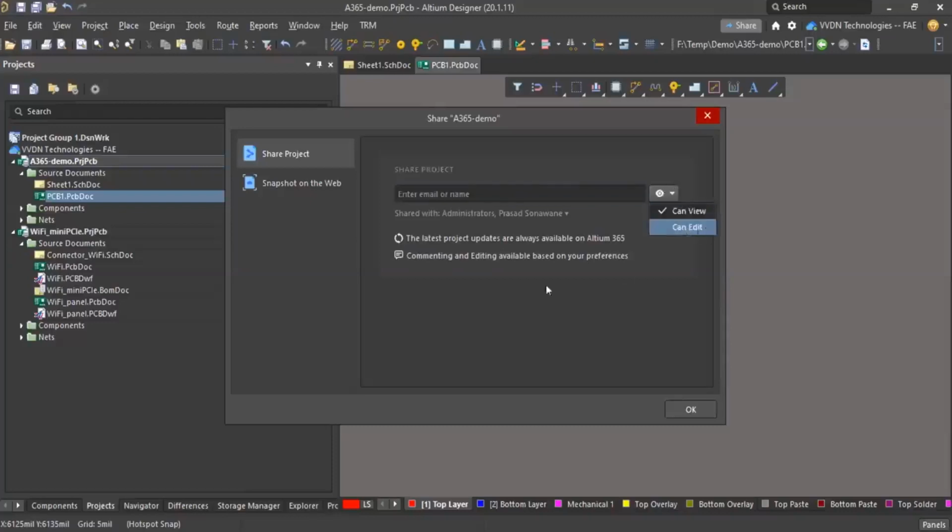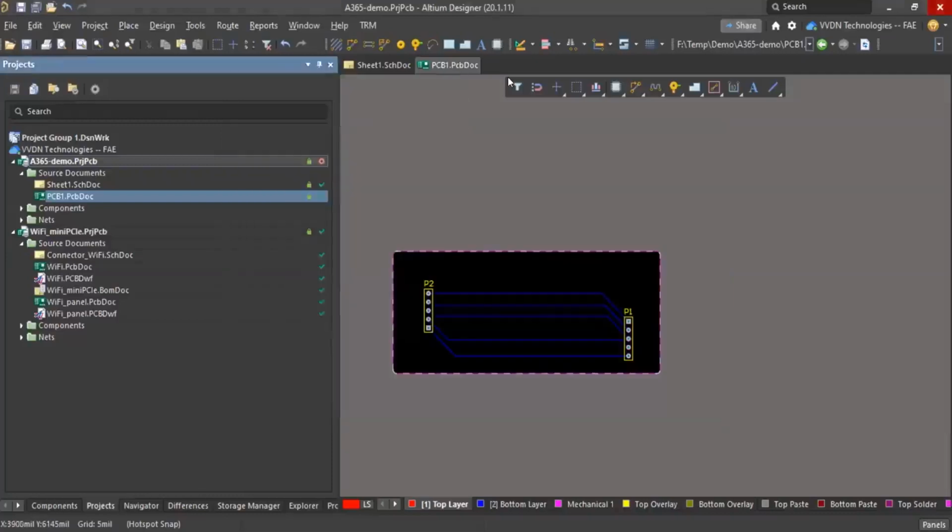So view right or edit right, you can choose, and they will get notified, and they can create a free Altium Live account. They don't need to purchase a license for that Altium Live account. They can simply register and create that with the link, and they can review that. I'll just stop share and share that 365 screen.